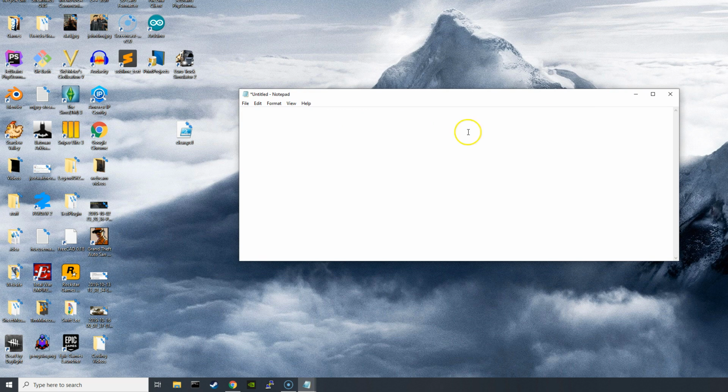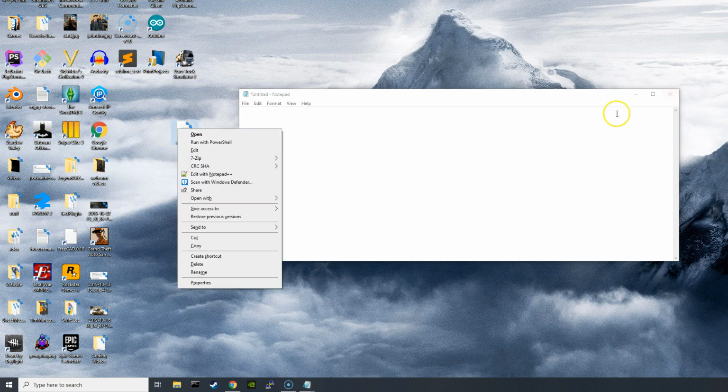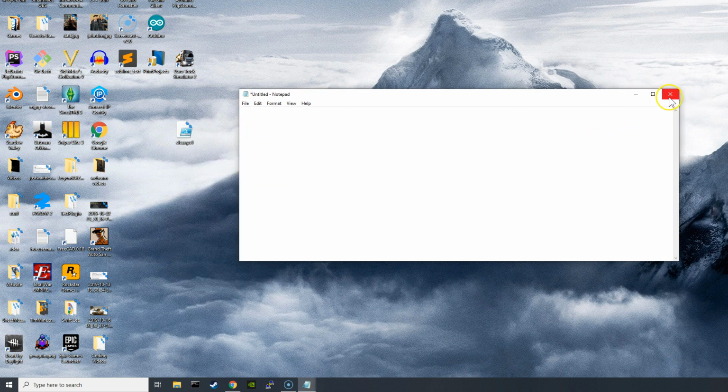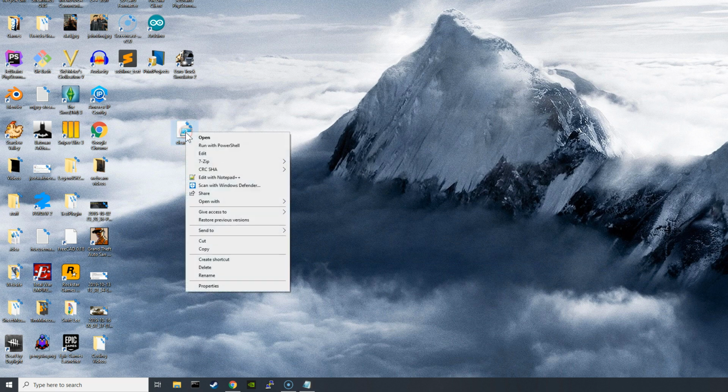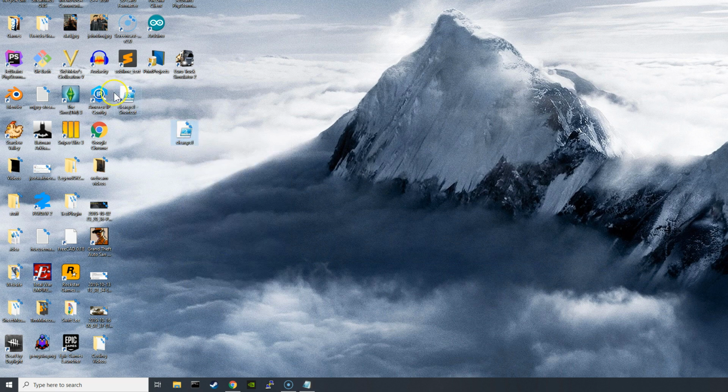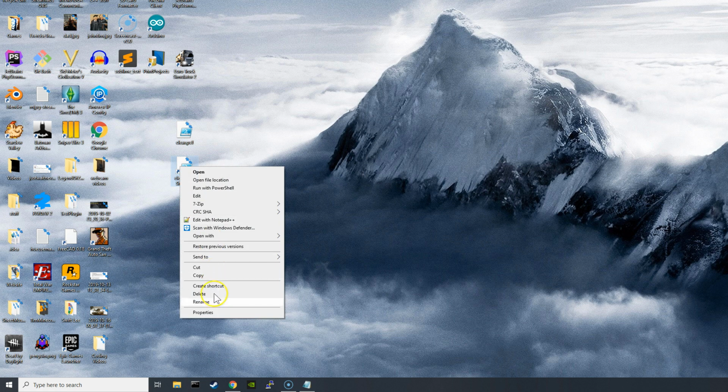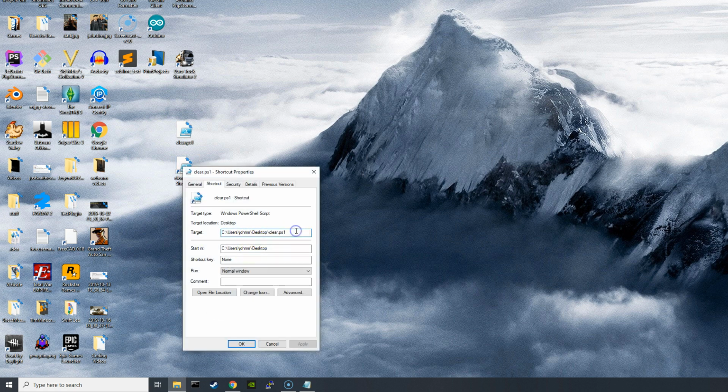Now, this is cool, but you don't want to have to right-click and run with PowerShell every time. You know, you're typing, you're coding, you're on the move. So what you can do is make a shortcut. And if you go in the properties of the shortcut, where it says Target, if you go to the beginning, you can give it the path of PowerShell, which is often, and I will put this in the video description,